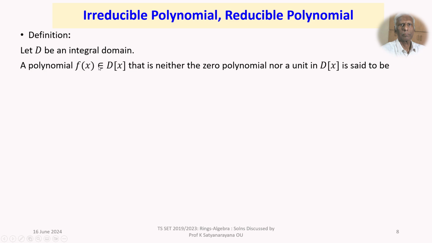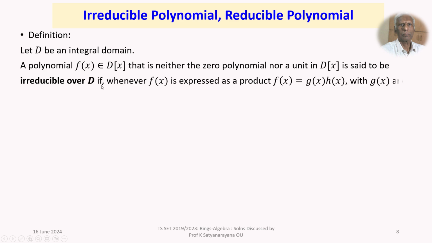So f(x) belongs to D[x], and it is neither the zero polynomial nor a unit in D[x]. So who are the units in D[x]? The units in D[x] are all those elements which are invertible elements of D. That's all. So f(x) is not a unit in D[x], and is said to be irreducible over D